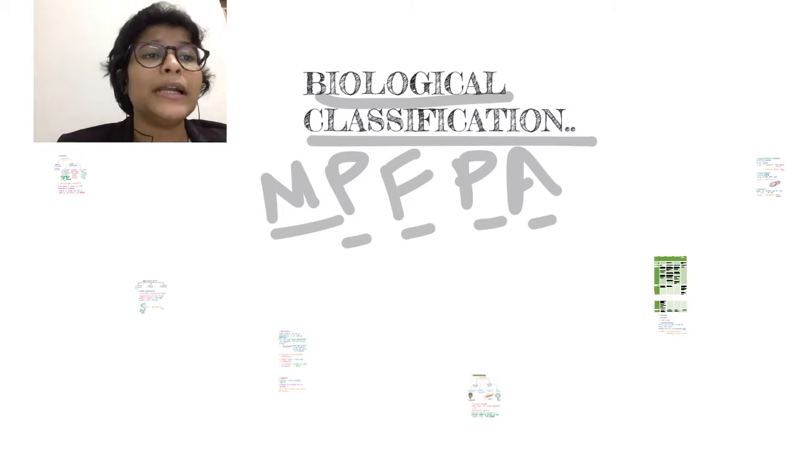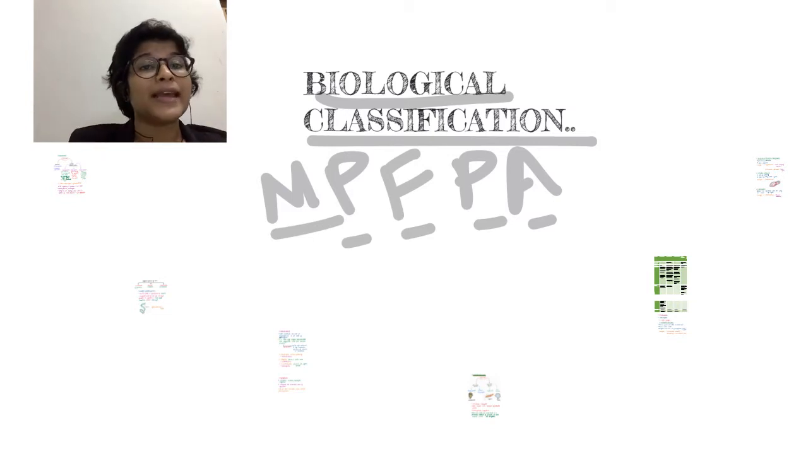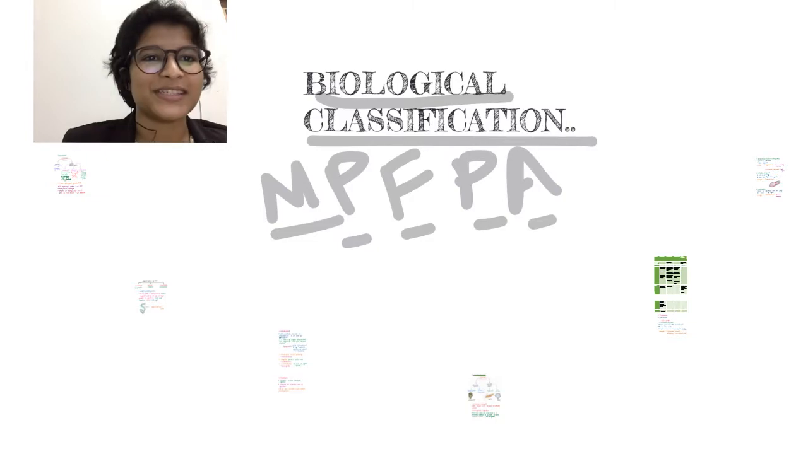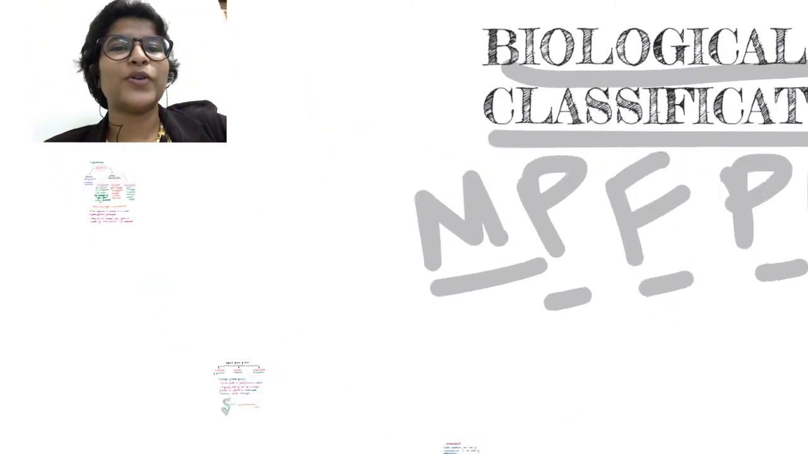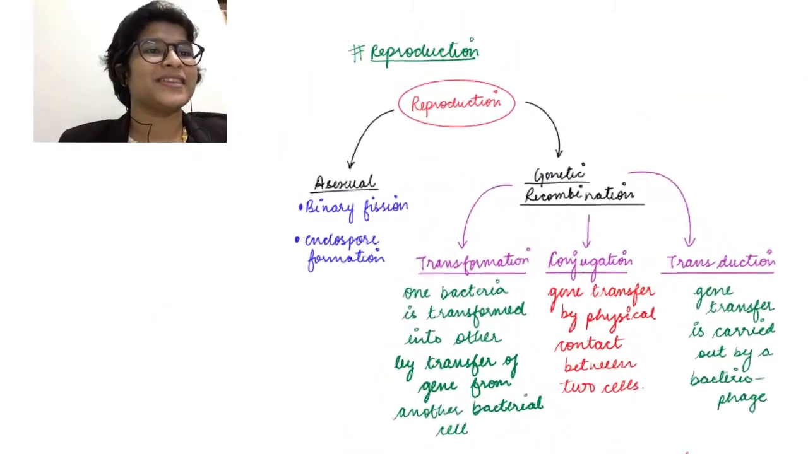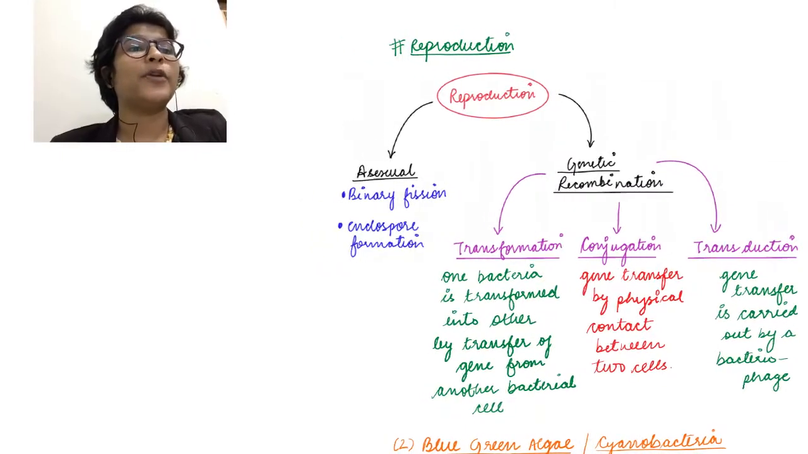So going on to the next topic, yesterday we learnt about kingdom Monera. We learnt about the classification inside kingdom Monera depending upon the nutrition. Today we learn about the reproductive habits of kingdom Monera, and after that we learn in detail about kingdom Protista. Okay, so going on to the first phase of our notes, that is reproduction